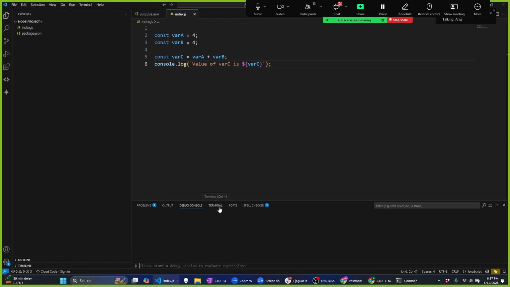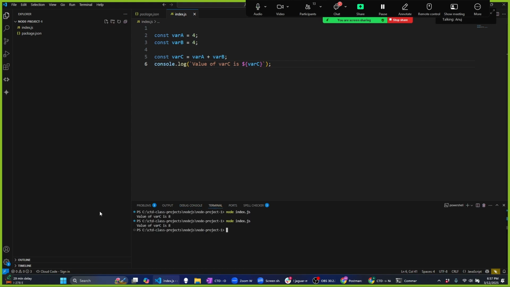We'll look at the debugging a little later. Debug console, we'll look at it because it needs some commands. So every time we are actually doing this, node index.js,